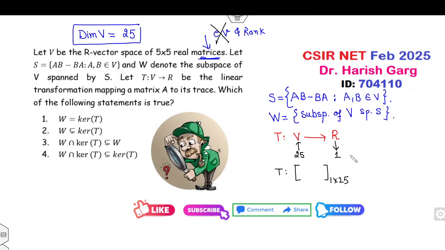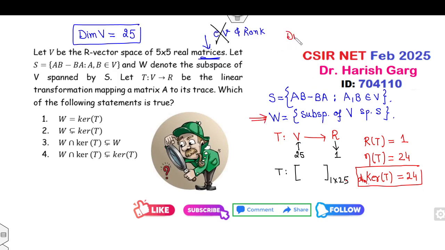तो मैं रैंक से सॉल्व कर लेता हूं इसे. तो रैंक ऑफ द मैट्रिक्स कितना आएगा, मिनिमम वैल्यू इज माई 1. अगर रैंक 1 है तो नलिटी कितनी आएगी इसकी 25 माइनस 1 बाय यूजिंग द रैंक नलिटी थ्योरम. अगर नलिटी 24 है तो कर्नल ऑफ द T कितना हो जाएगा आपका, अभी डायमेंशन बेसिकली ऐसा ही आएगा ना डायमेंशन. फाइन,